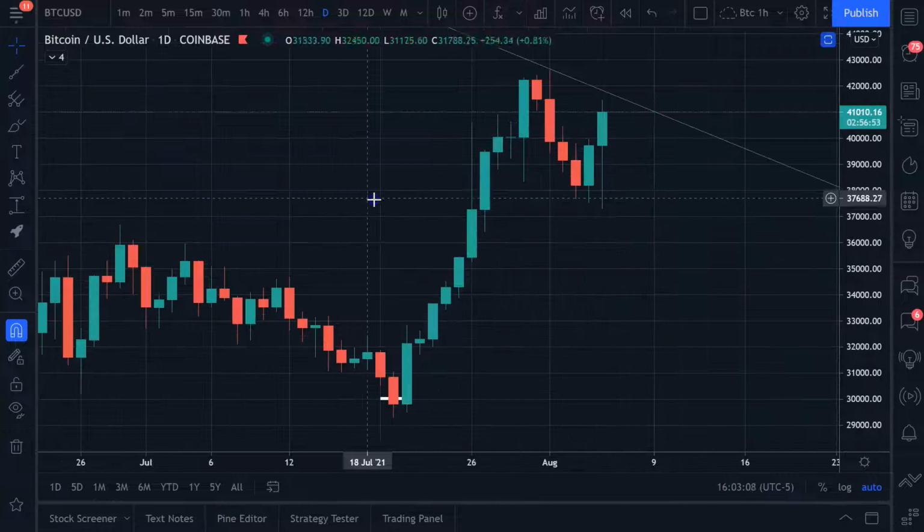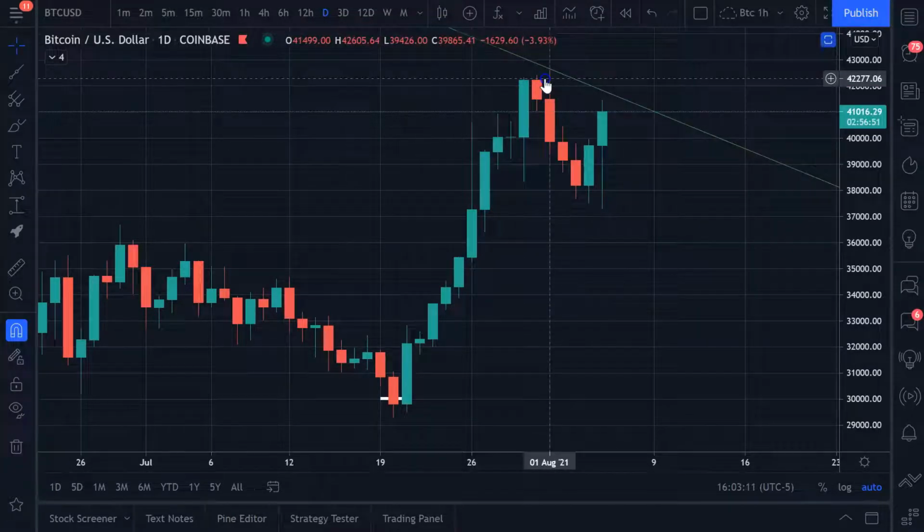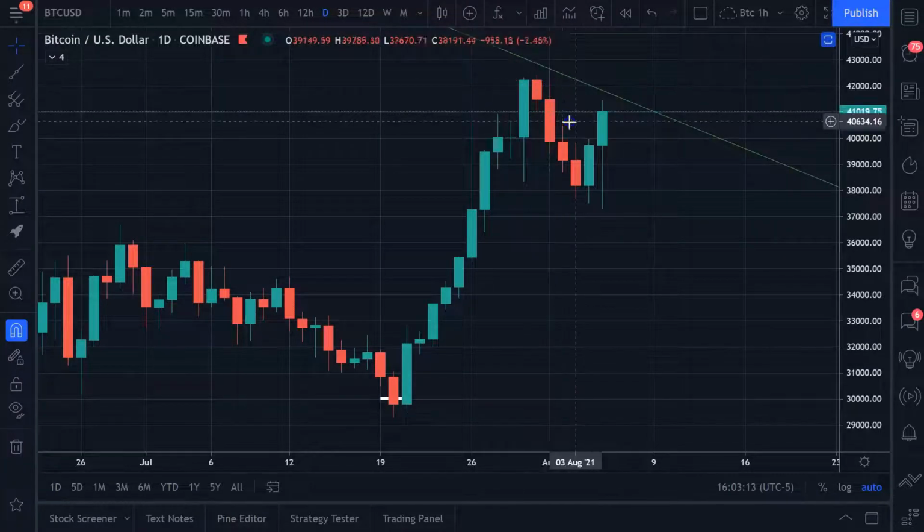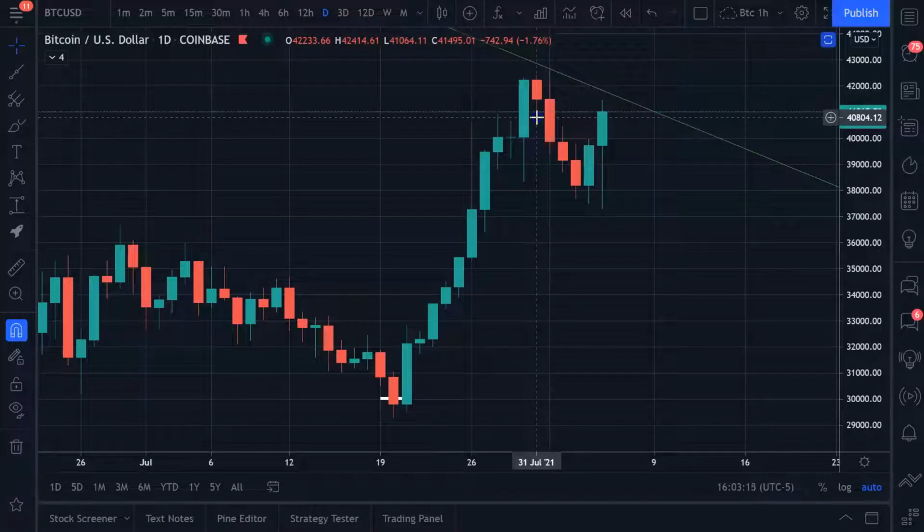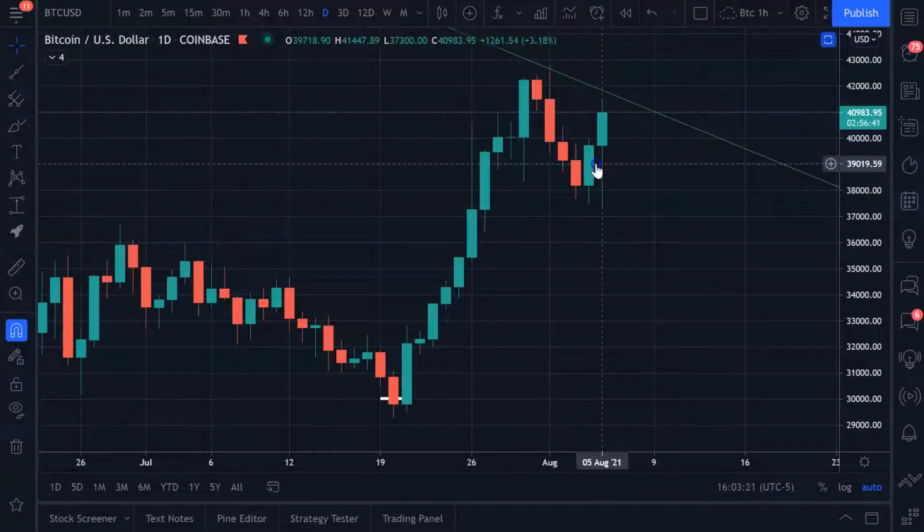Wrong. What happened here is Bitcoin went up, tested that trend line. It's completely normal to get a bounce off of a trend line, right? And then you kind of have to wait and see, is this going to hold up? Is it going to really fall off of it? Or is it just a temporary setback before moving higher? You'll see the same thing with horizontal support and resistance.